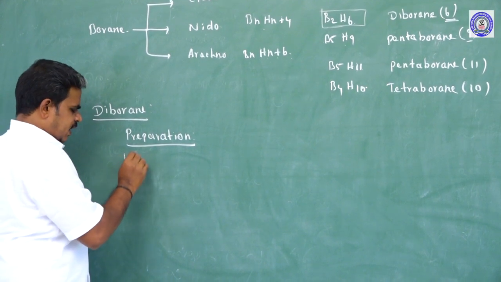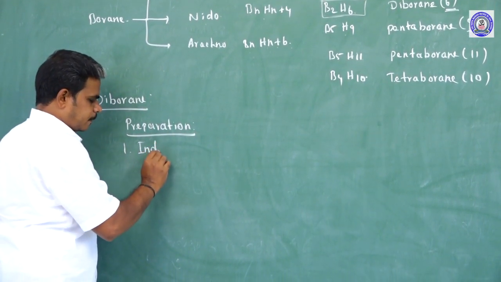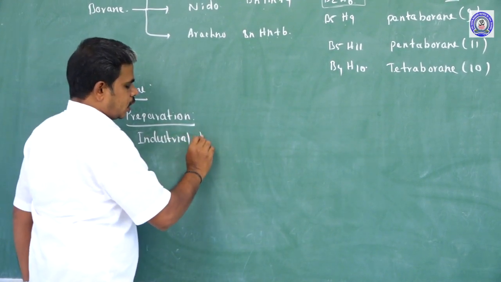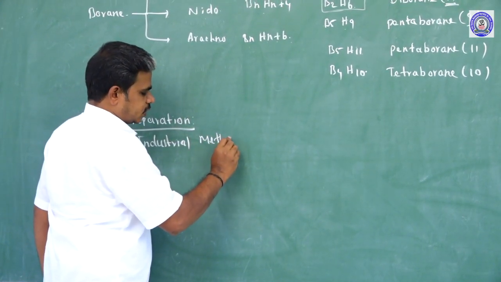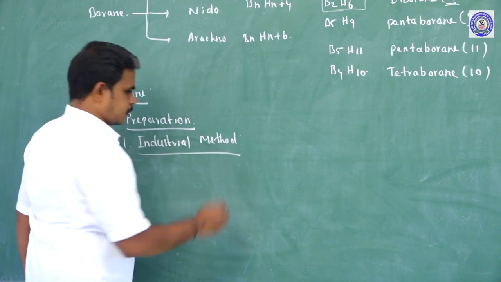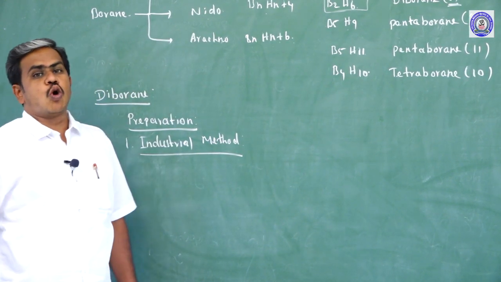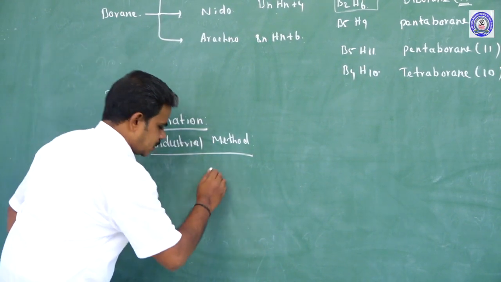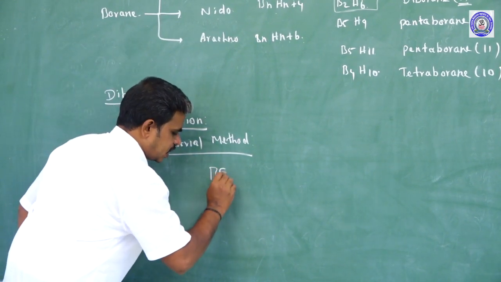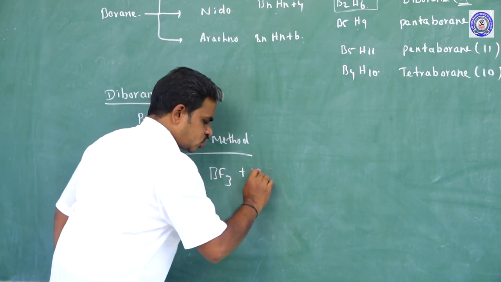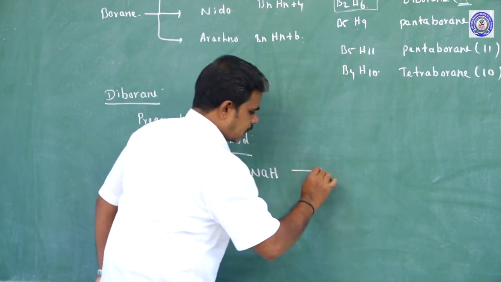First one is the industrial method. In the industrial method, we prepare from boron trifluoride, BF3. Boron trifluoride is treated with sodium hydride at